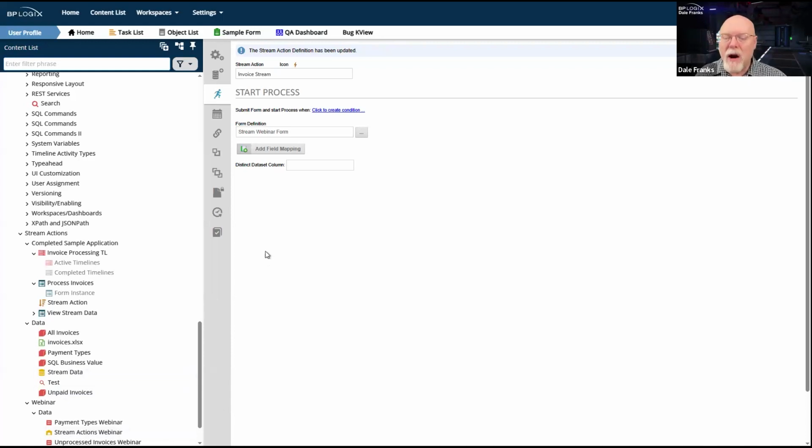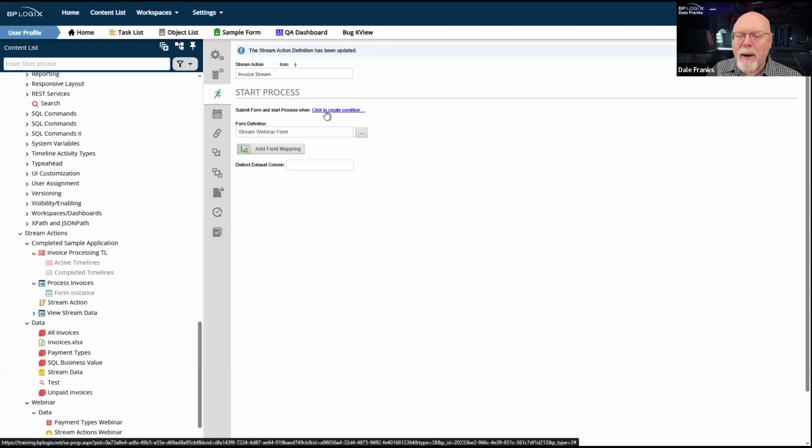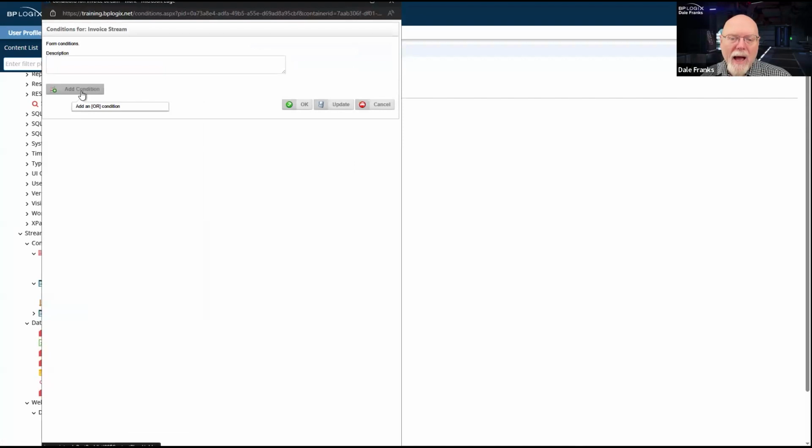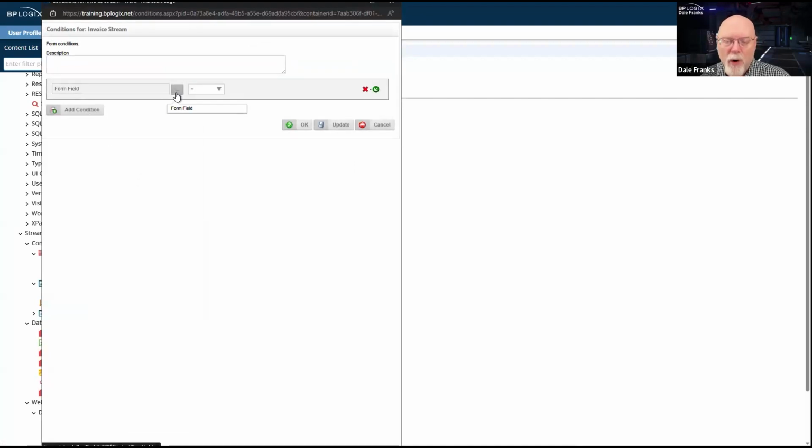However, there may be other things that are going on that affect that. So by having the click to create condition, outside of the data itself, which I can handle in MySQL, there may be certain forms or form field data. There may be other processes running. There may be a whole bunch of other stuff happening inside Process Director that I can use as an evaluable condition to determine whether I actually want this stream to run. It may have data. The data may all be valid, and yet I may not want to run it until some other evaluable condition in Process Director has occurred.